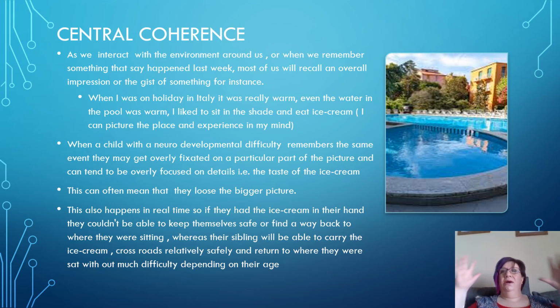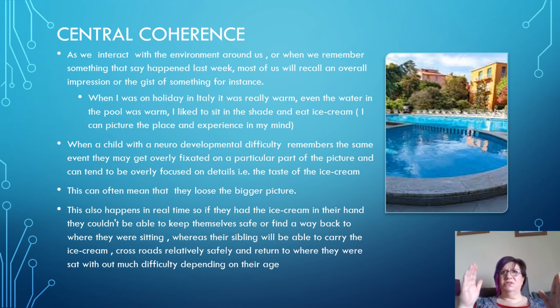So I can put myself back there and I can imagine, I can picture, I can visualize, I can feel what was happening, how it was happening, how I was feeling. I can feel the warmth of the sun. And I can hear the children laughing, and I can see that as a big picture. That can be really quite difficult for kids with neurodevelopmental problems, either in thinking back to something such as that, or being in a situation at the moment where they're able to see everything that's going on around them.